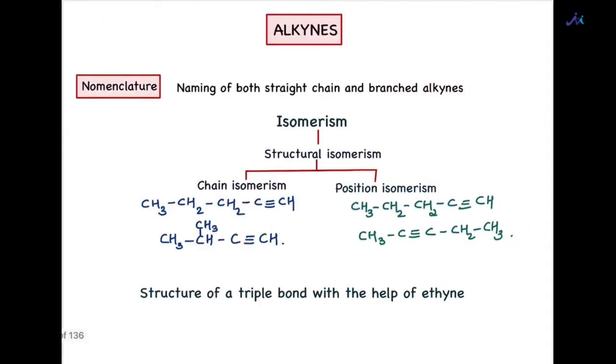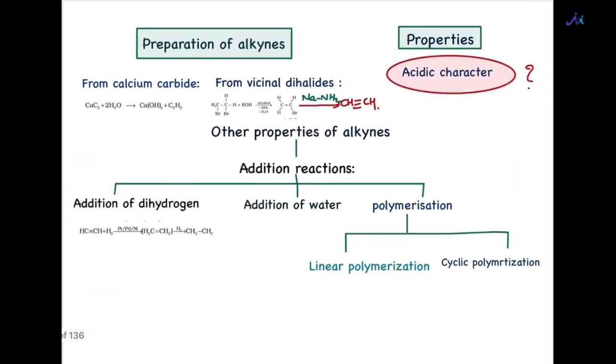In alkynes, students should be able to write the IUPAC name for both straight chain and branched alkynes. They should be able to differentiate chain and position isomers with the help of examples, and one example is shown here. Students should be able to write equations for the preparation of alkynes from calcium carbide and from vicinal dihalides, which